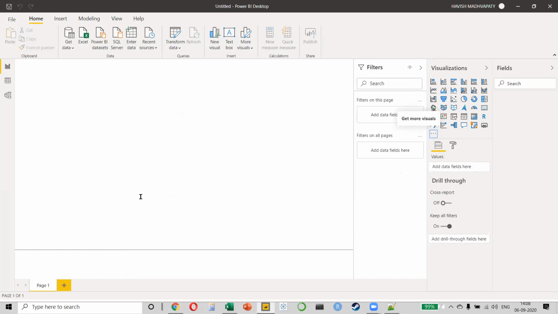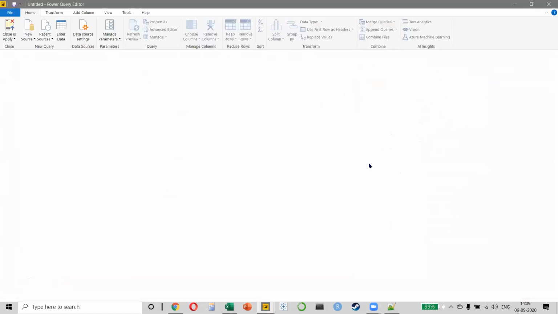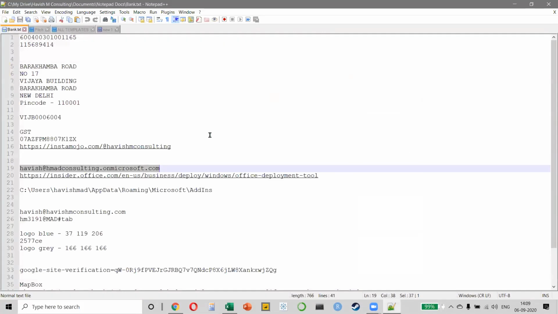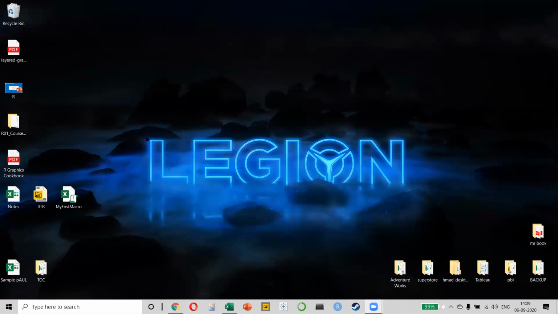Can I do initial work on Power BI and then import a file? Oh, no, absolutely not. Ajinkya, see, you can only do the data cleaning, right? So you can clean the data on Power BI, then take it to Tableau and do the work. But you can't create a visualization on Power BI and then take it to Tableau. Once you create a visual on Power BI or on Tableau, then they are specific only to that particular application.